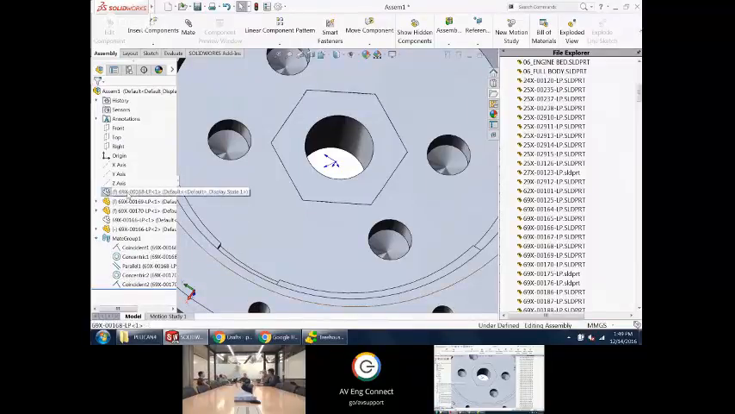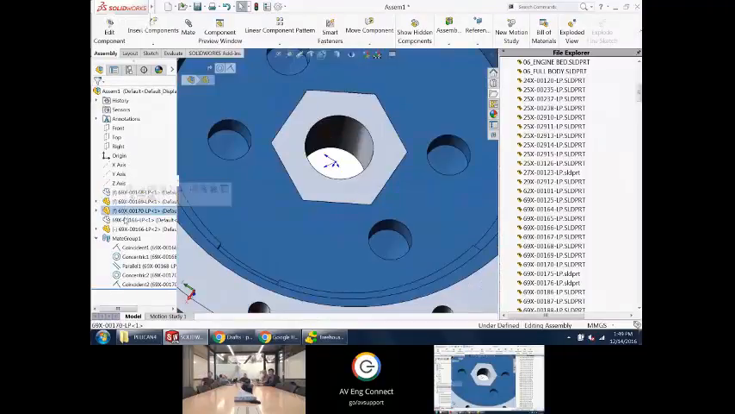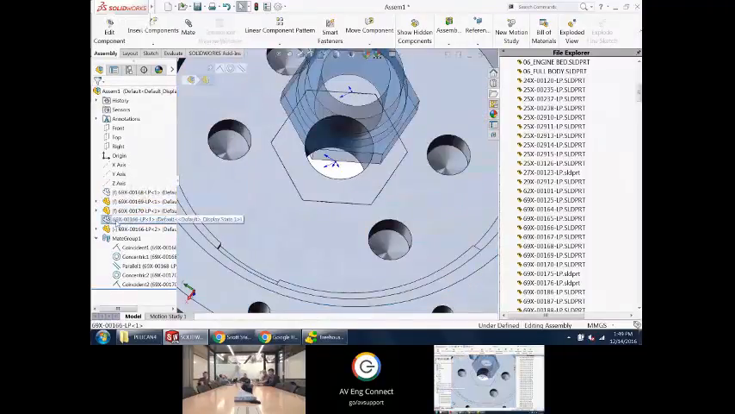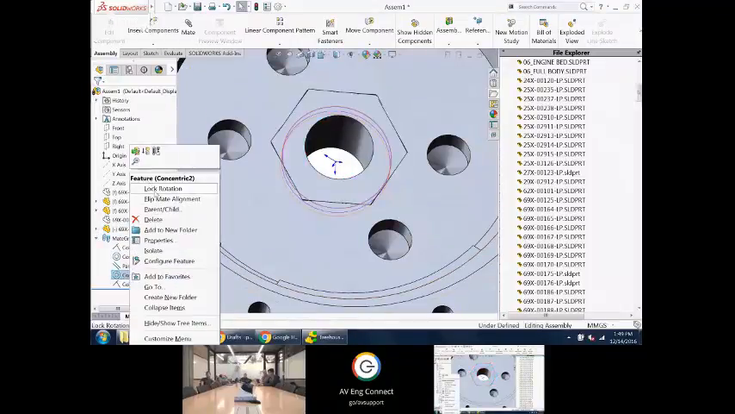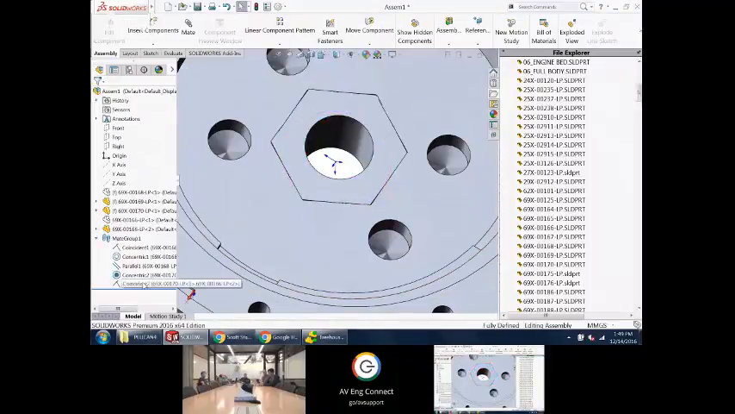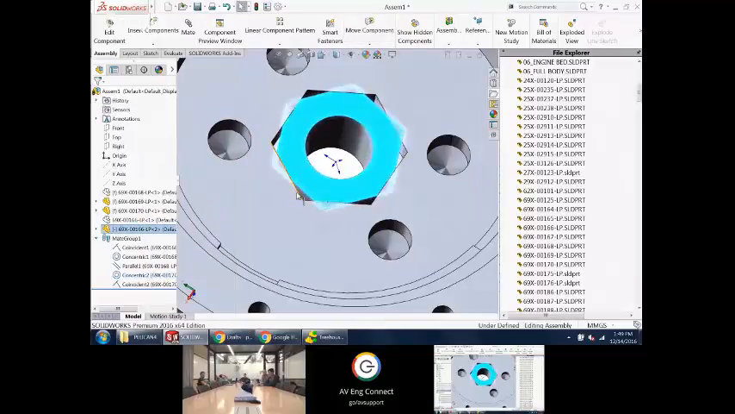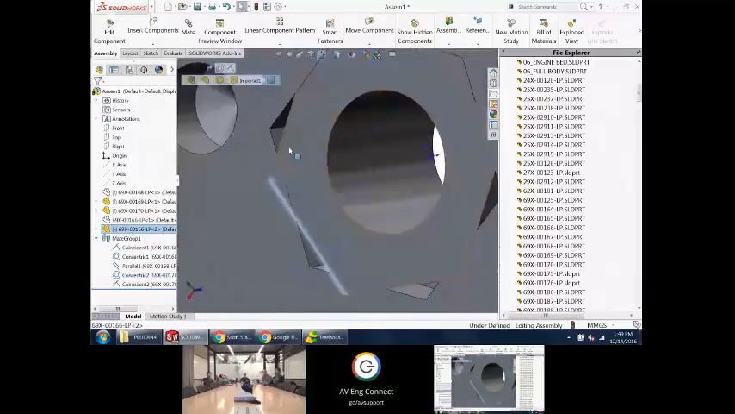Take a look. See how these have F, F, F? Those are fixed. This one without any symbol is fully defined. If you have a minus symbol in front of it, it means it's free to move. But you can see that whether I do the lock rotation, it goes away. You can also unlock the rotation. Or whether I actually go in and put a real mate